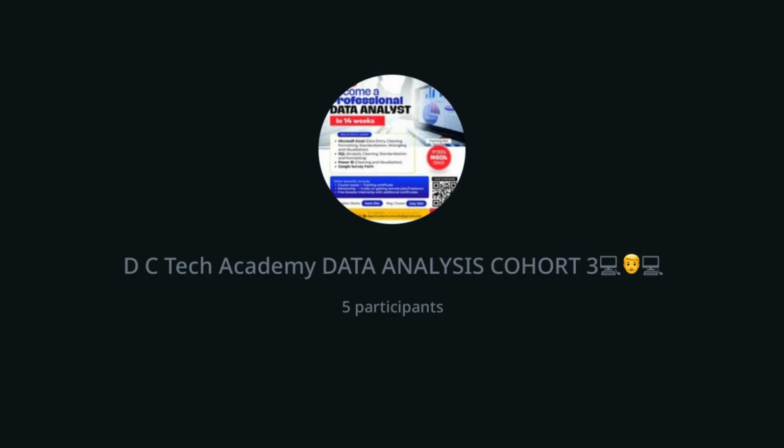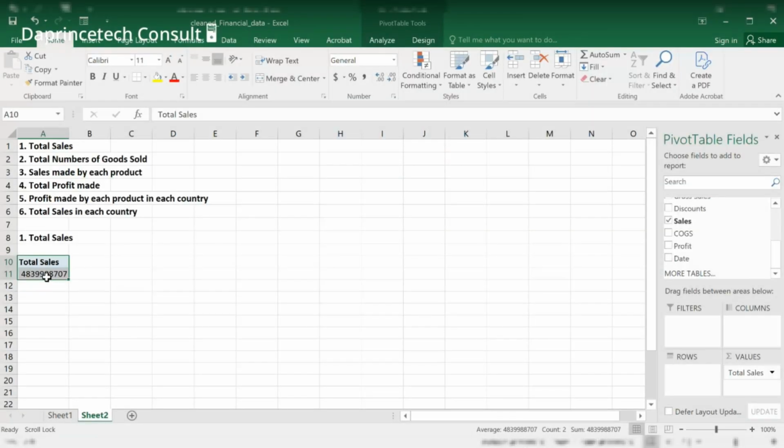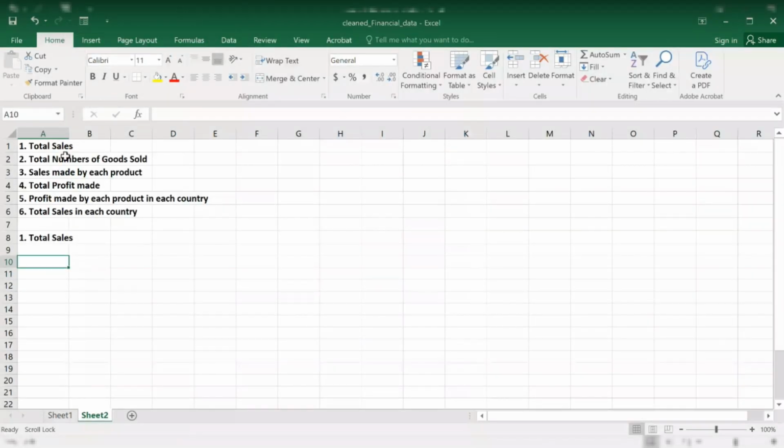So after writing our business questions or objectives, I've written my objectives so that it will be easy for anybody going through to know that this is actually what I'm working on. This is what I'm solving. I can put 1, I can put 2, anyhow you want it. It depends on you. You can even beautify yours by adding anything you want. So now, after having my total sales, the next thing I want to get is